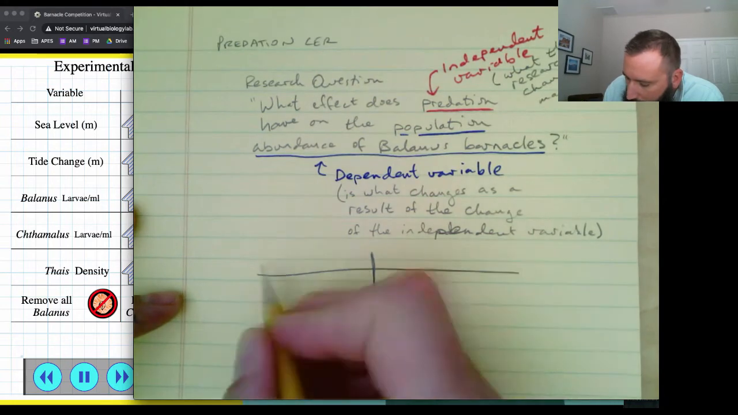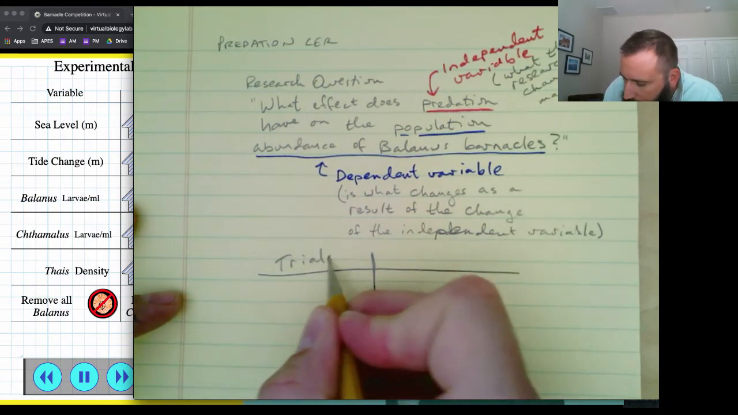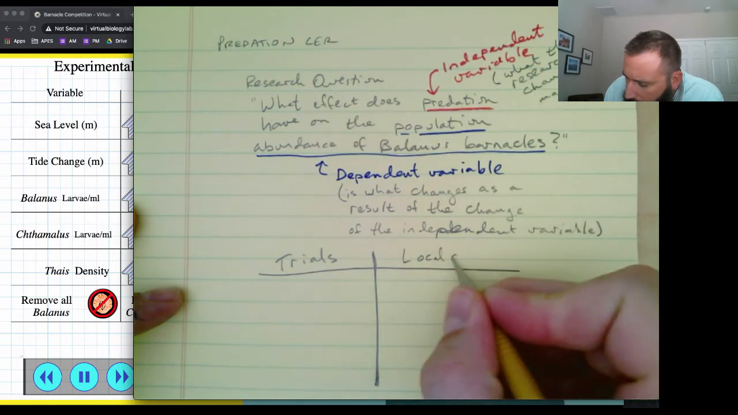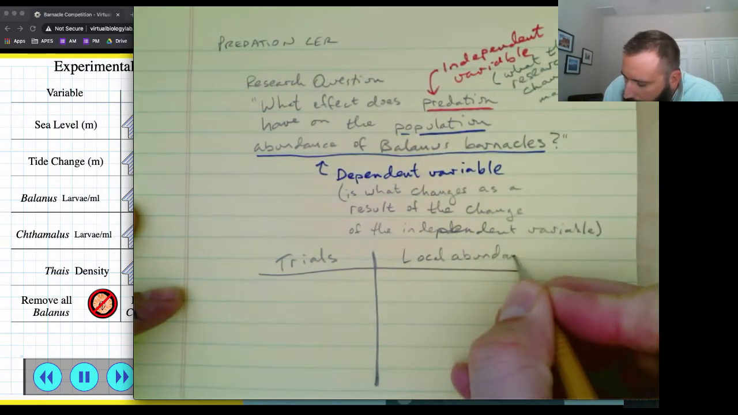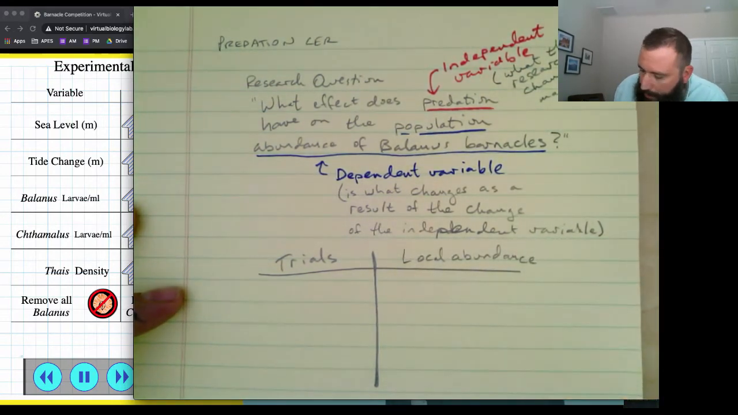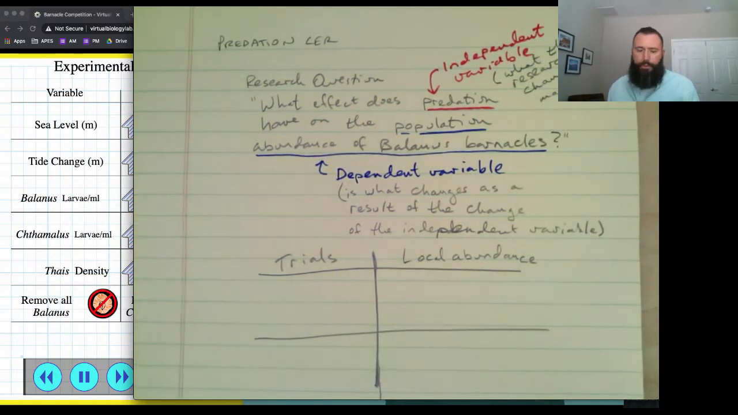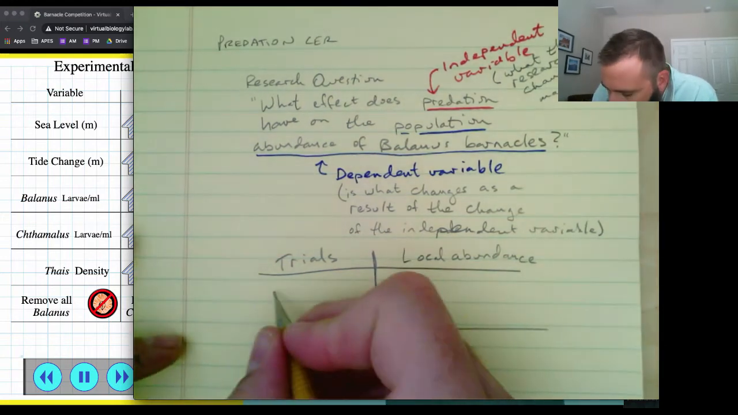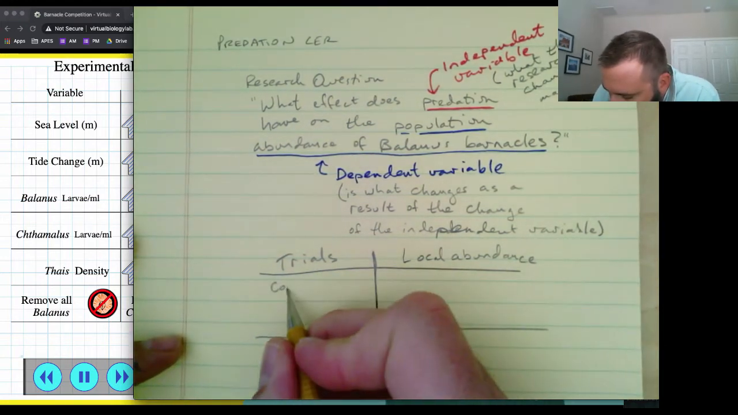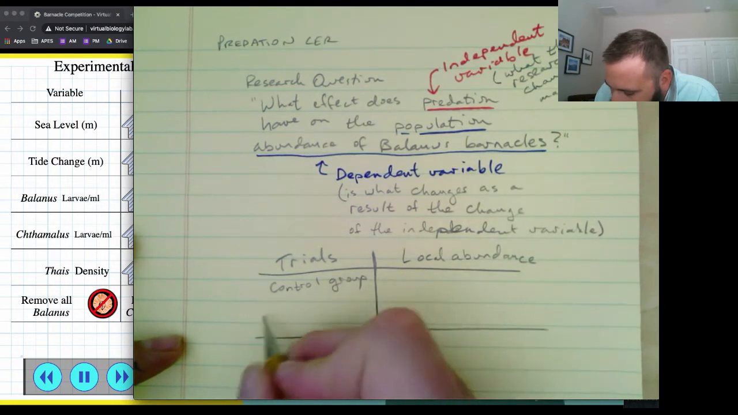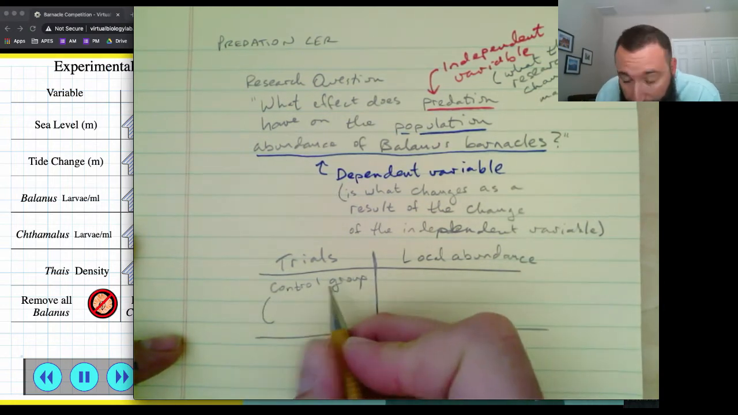So how about we say here, these are the trials, and then this is going to be, we'll call it the local abundance, how many barnacles there are, right? And let's do this. We're going to say, we'll do this 2 times, because trial 1, let's do this. Trial 1 we'll call the control group. Let's just make sure that we understand that the control group